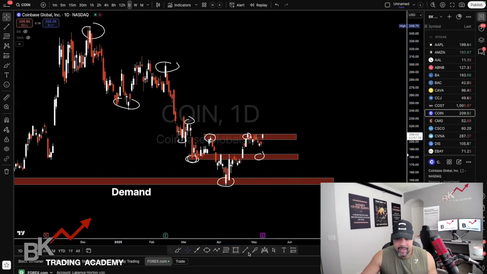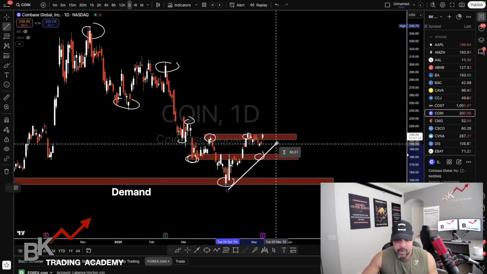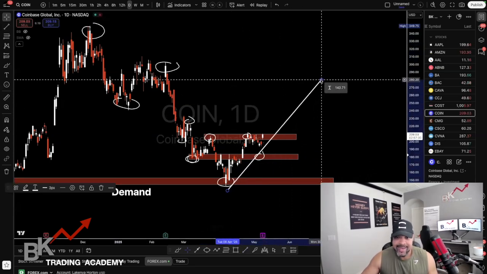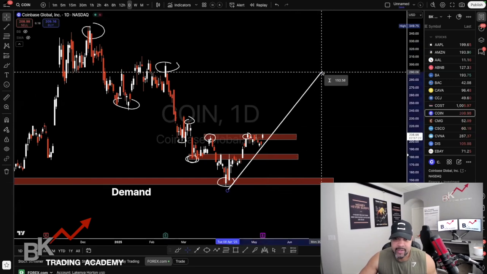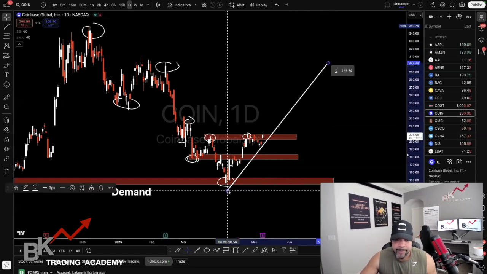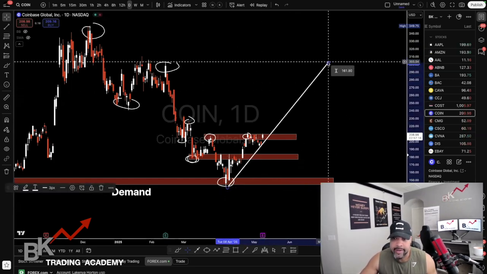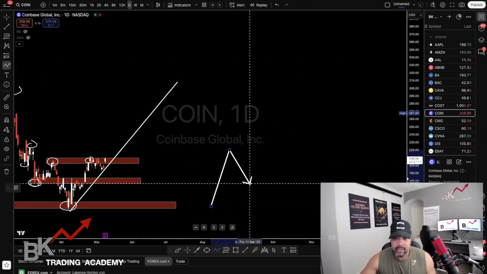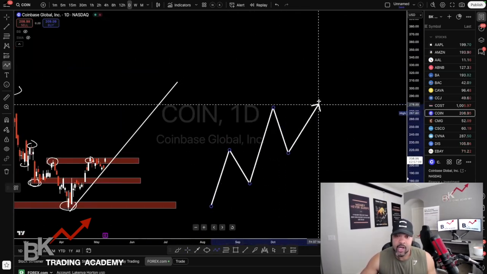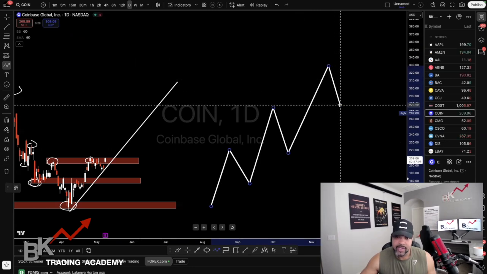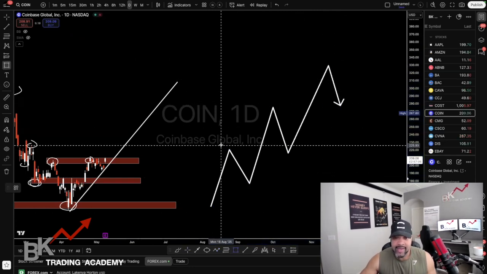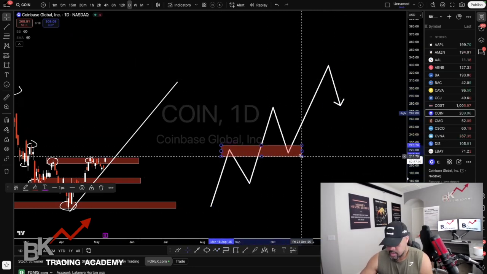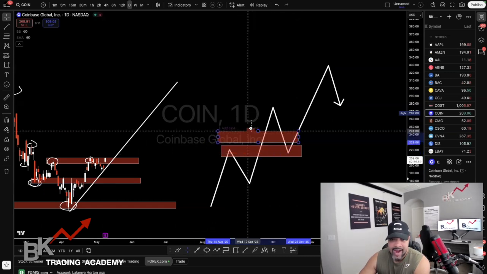I'm going to draw my uptrend starting from my low here. I want to try to connect my bottoms, from this bottom here to this low right here. In an uptrend, you want to see the reverse: a high, a low, higher low, higher low. You get the picture. And now we want to find levels like this, where our previous higher high is